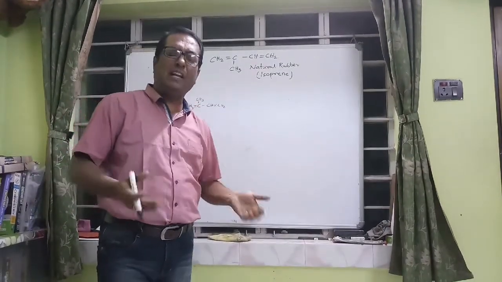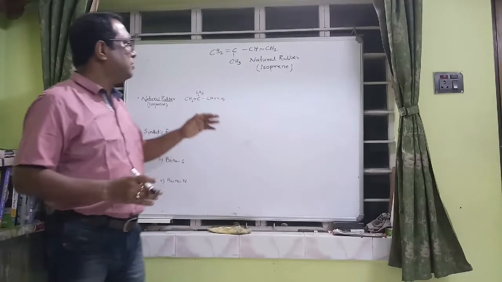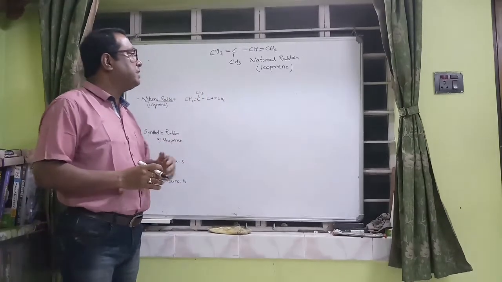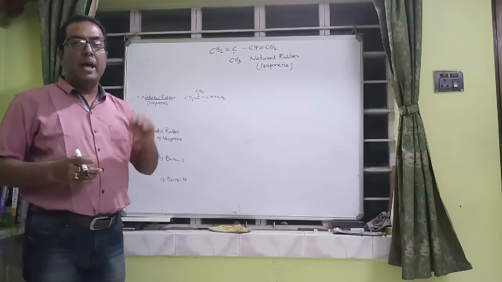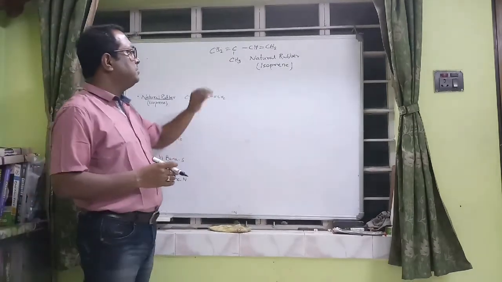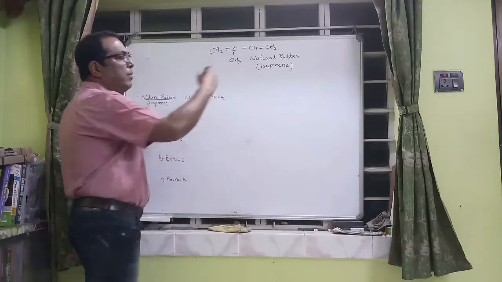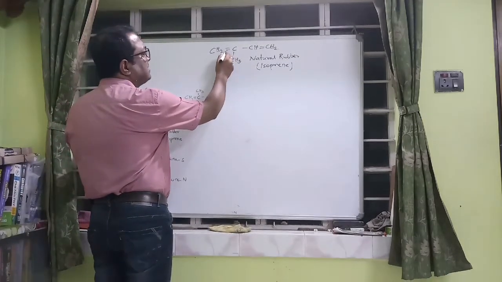It has a lot of abrasive property, so it goes on abrasion, and so it is of very little use in our day-to-day life. So we have in mind to go with synthetic rubber. Apart from that, students, this is isoprene. When we go for polymerization, what we will see is this half,